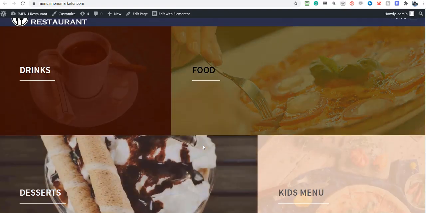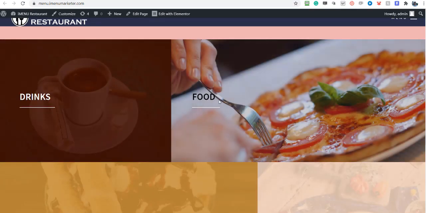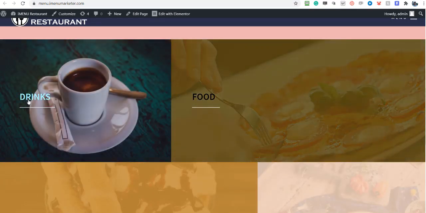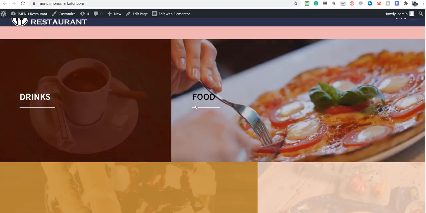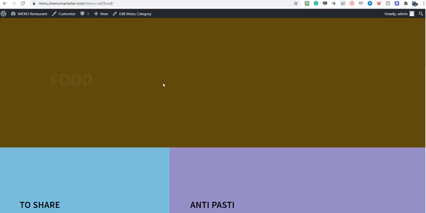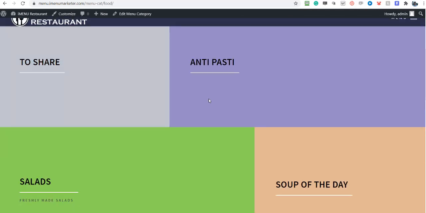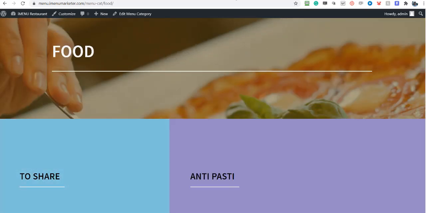Okay, I'm going to show you on this front page here. I just want to show you why it works as it does. So here we've got food, and you'll see if I click this food, it's going to take me to a page that has the food and all of the various other menus that attach to food to share, antipasti and so forth. And that does it automatically, and the reason it does that, I'll show you, is because if we go back